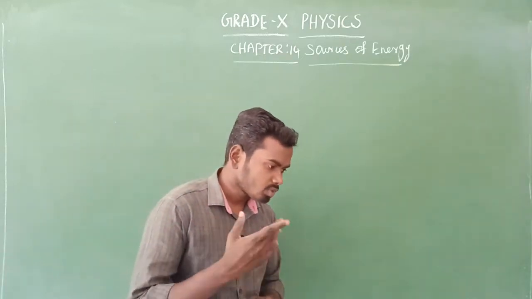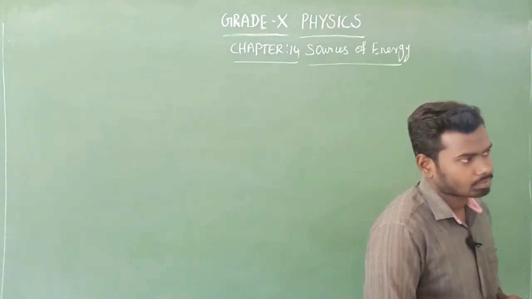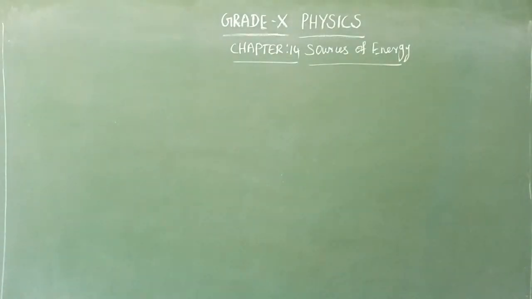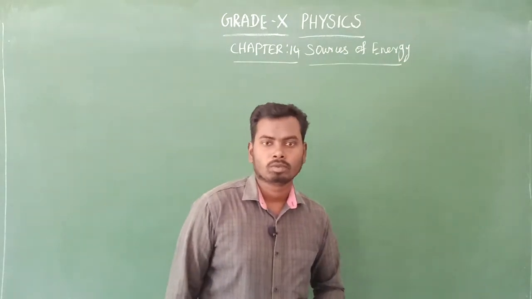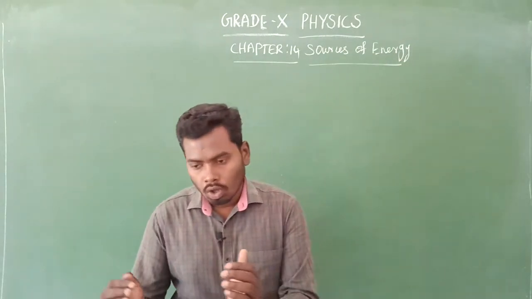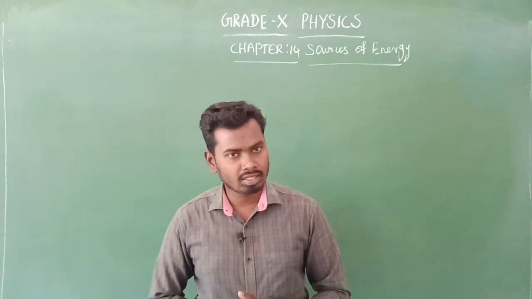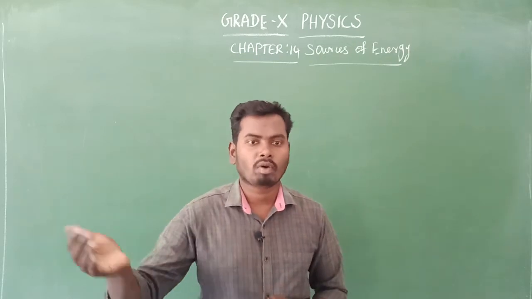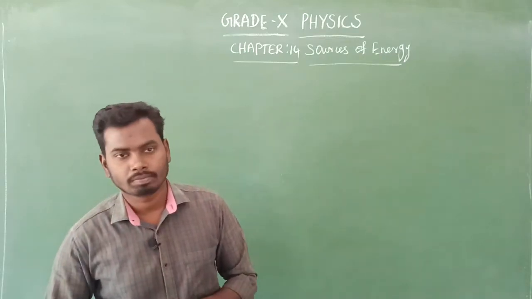Yes. So next, come to the second one, that is the hydro power plant. What is that? Hydro power plant, or otherwise we can say it is called hydroelectricity. Hydro means nothing but water, flowing water. So with the help of flowing water, we can generate electricity. That is called a hydro power station, or otherwise we can say hydro power plant, isn't it?